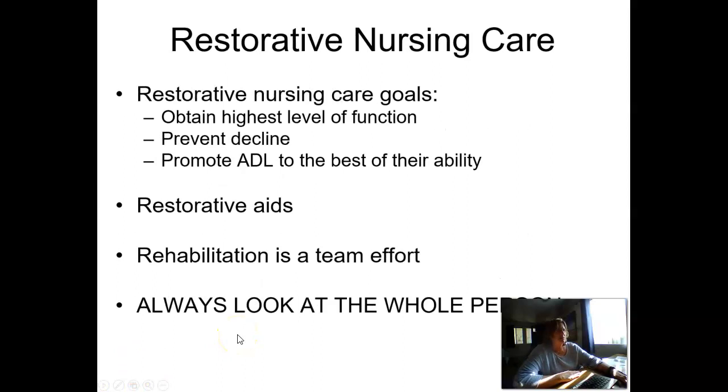So when we talk about restorative nursing care, our goals are again to obtain the highest level of functioning as possible. We want to prevent decline. Now, when I say we're going to promote the highest level of functioning,